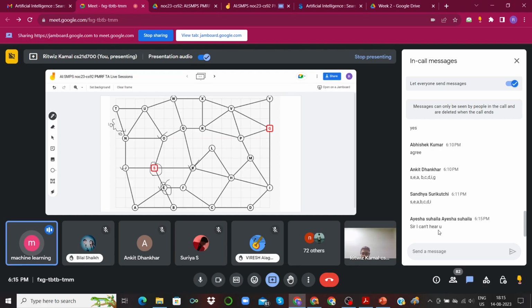Sir, we have a question in this week only. That means cover all the nodes. Can you find a tour? I cannot find a tour. But when I was solving the previous year's question, then also I cannot find a tour, but it is saying that you can find a tour. How is it possible? Okay, let me find the tour. That's okay. You cannot find the tour. Maybe there is a different approach.